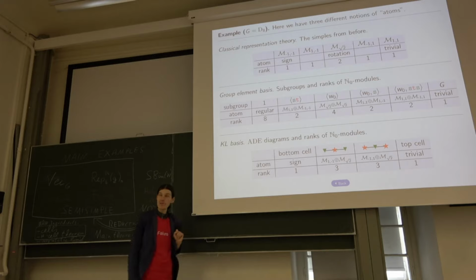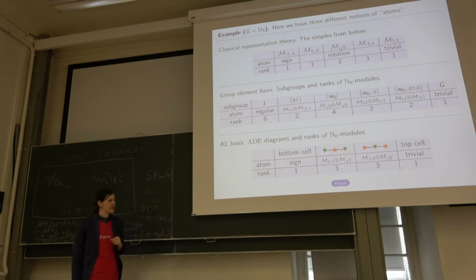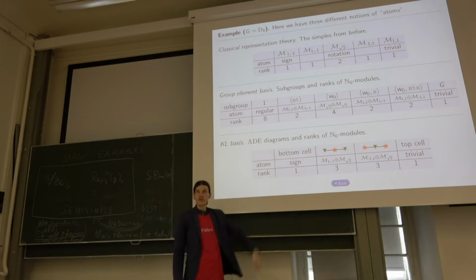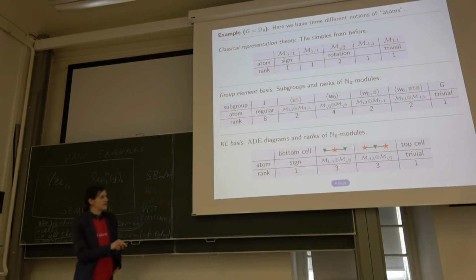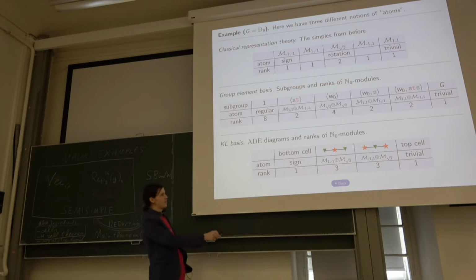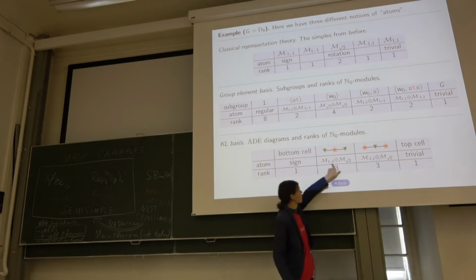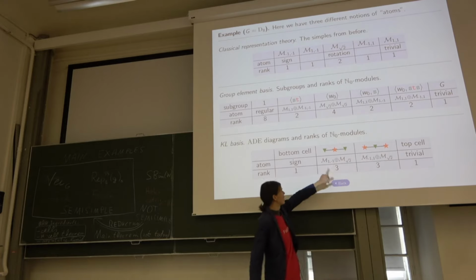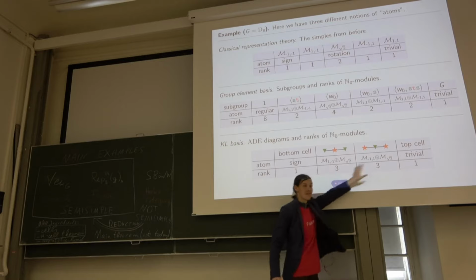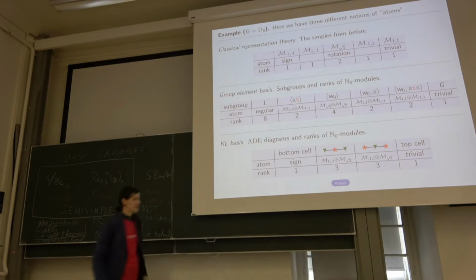If you choose a KL basis, you get this funny ADE classification. And you get, again, a completely different result. In this case, your rank sequence is 1, 3, 3, 1. So we have 4 of them, and this is how they look if you want to decompose them. And you can actually, again, see that those are different. So here's the sign difference. They look very similar, but in the end, there will be some slight difference. So this is really the difference.